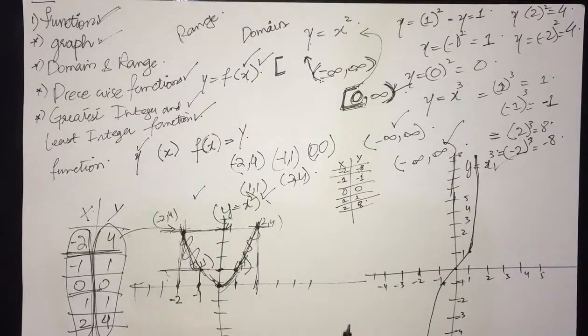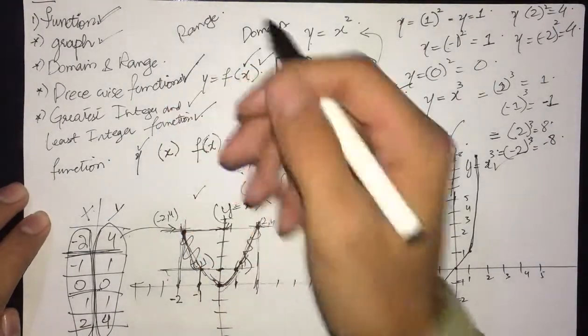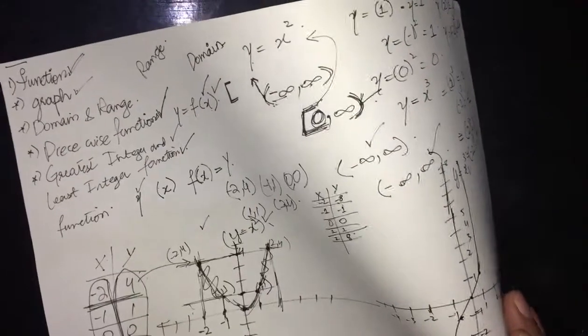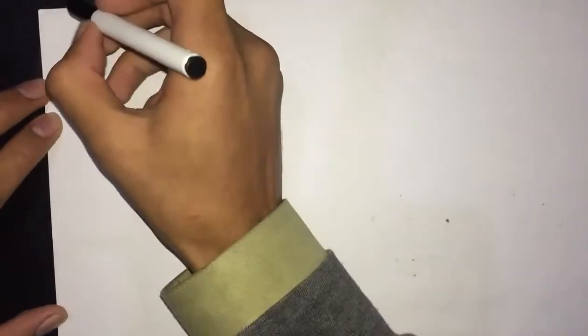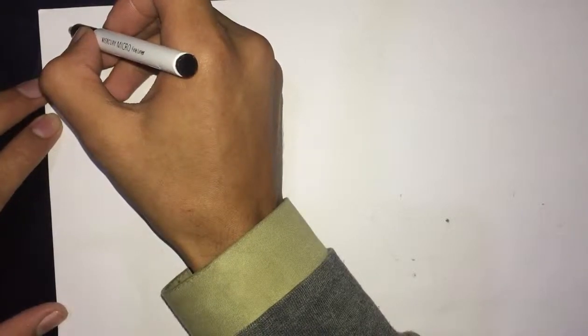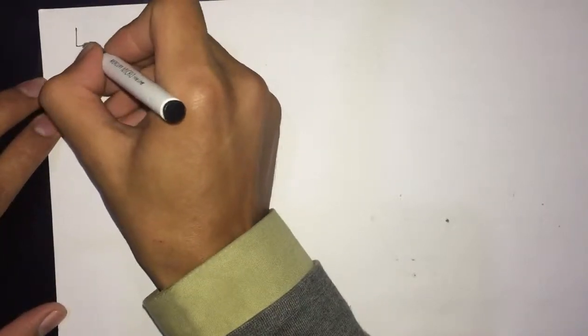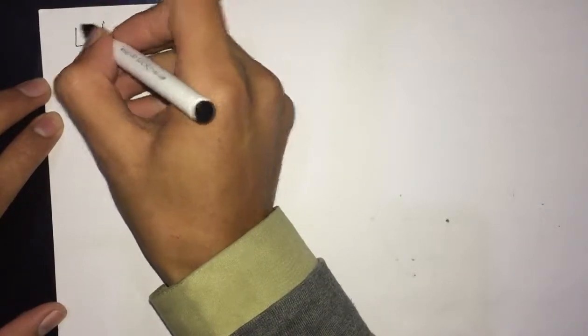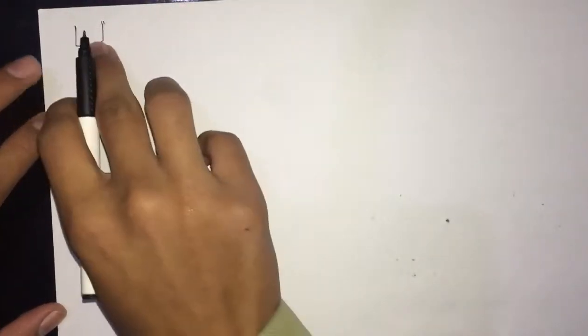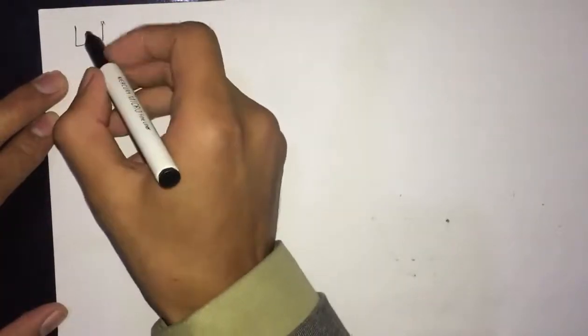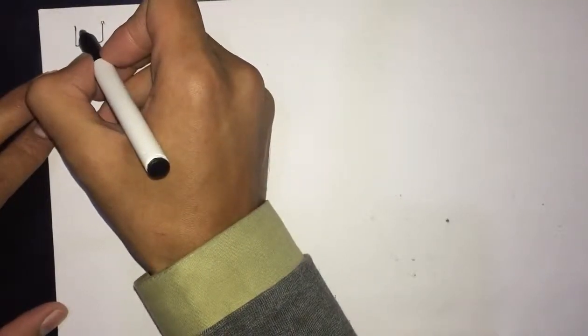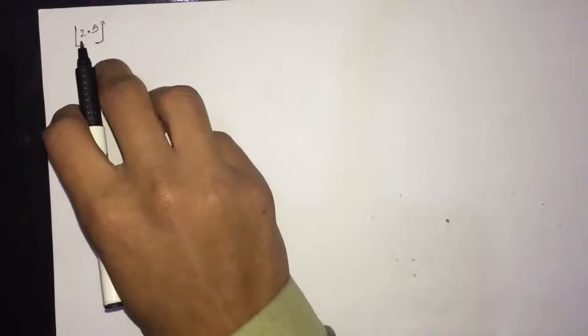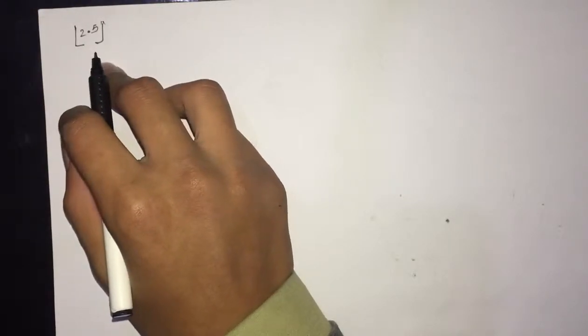So okay, I'll skip the piecewise functions because it's a little complicated, but I'll get to what the greatest integer and least integer function is. So the greatest integer function is denoted like this, it's a floor function, and any number you put into it will output the value which is less than or equal to this number. So for example, if I input 2.5 into the greatest integer function, which can also be called your floor function,